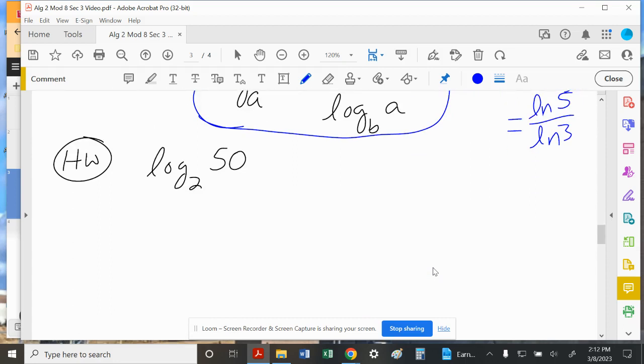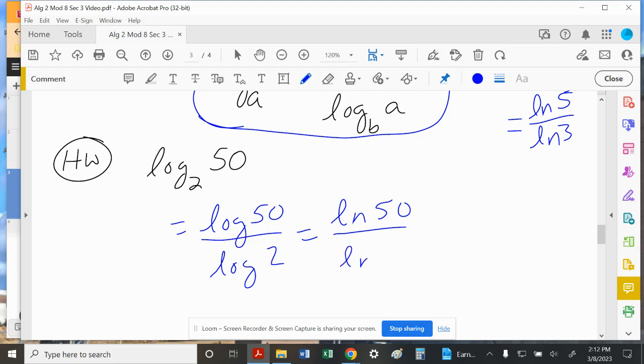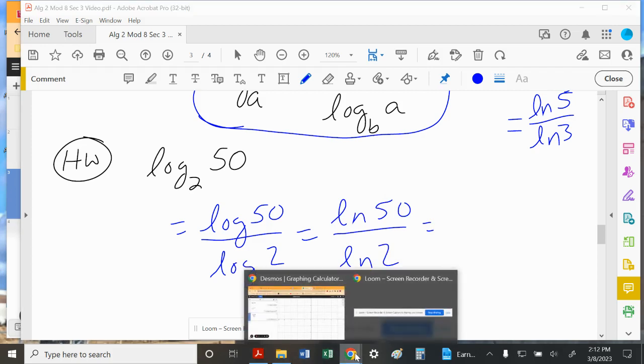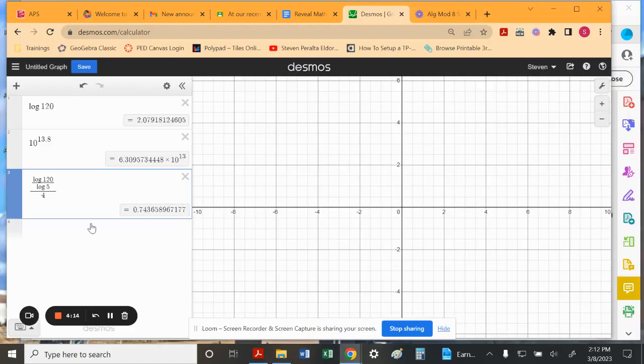So now I want to solve this problem. Log base 2 of 50 equals log of 50 over the log of 2. But remember, it also equals the natural log of 50 over the natural log of 2, because it doesn't matter which log, as long as these two logarithms are the same. So if I go back, log of 50 over log 2, and type it in, so I have the log of 50 divided by the log of 2. And notice I get